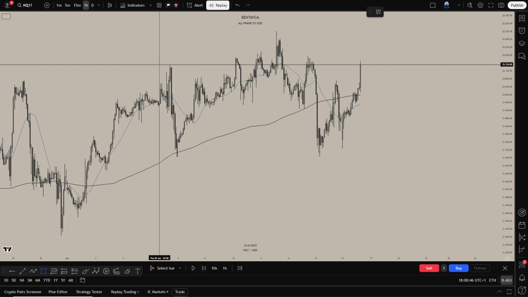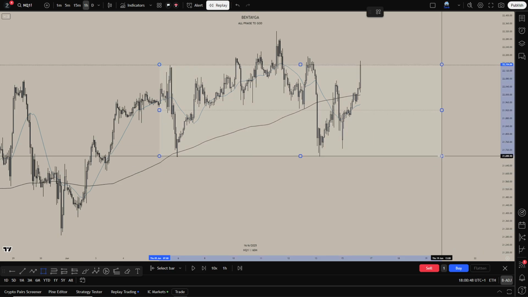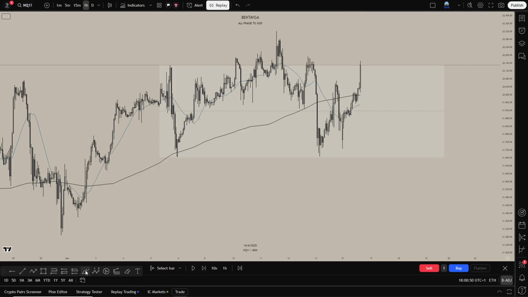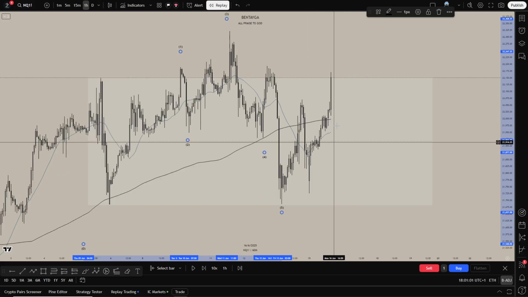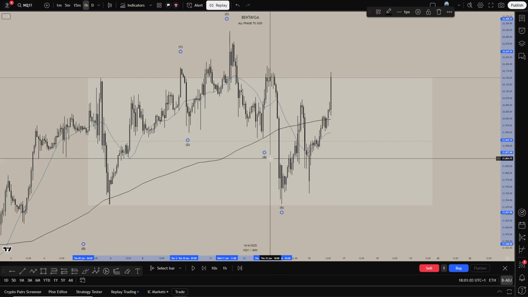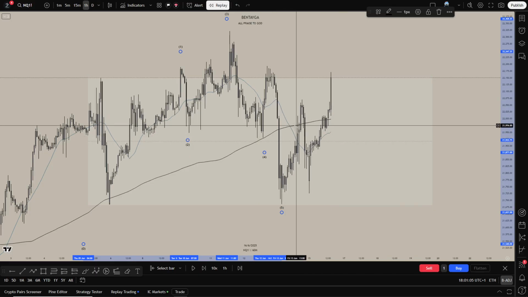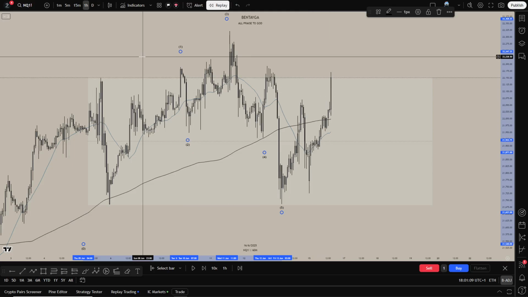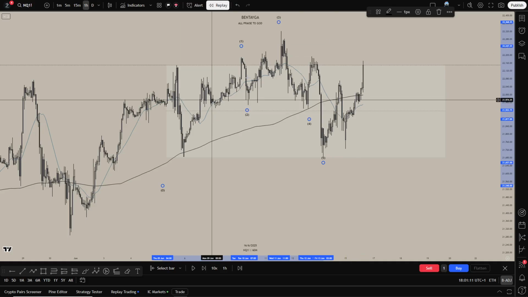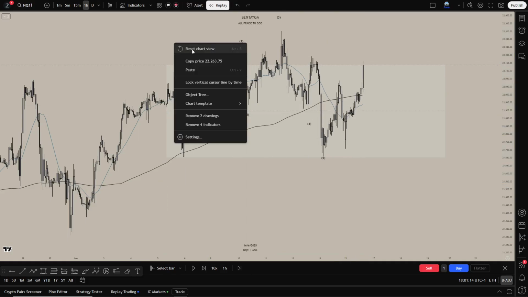this could have been your zone, and within this zone, you had one, two, three. What did price do? Price swept 4, 5, and price now starting to push back higher. Obviously, price is below the SMA, so you wouldn't be trying to take a trade until price comes back above the SMA. But obviously, this is the 1 hour, but you could potentially use this as your buyers and carry on looking for